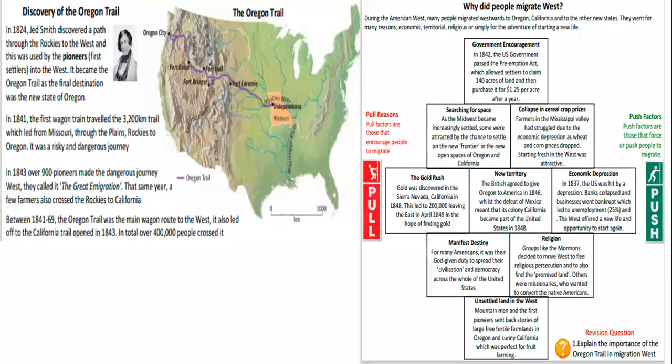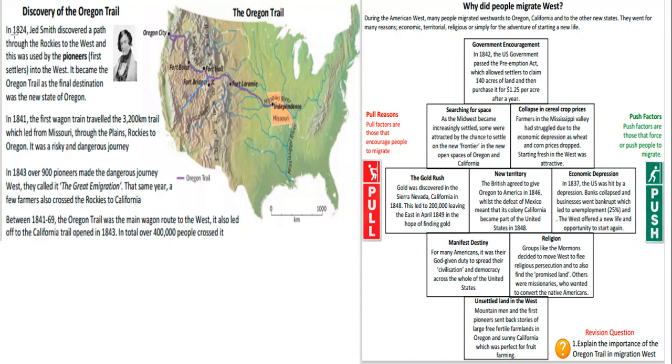So before we go into why people migrated, I think it's very important that you have an understanding of what this Oregon Trail is. And if you look at this map, this is the route of the Oregon Trail. There were lots of different routes. Some people would get to certain areas and break off to get to other areas. But this Oregon Trail was a perfect opportunity for people to get to the west of America as safely as